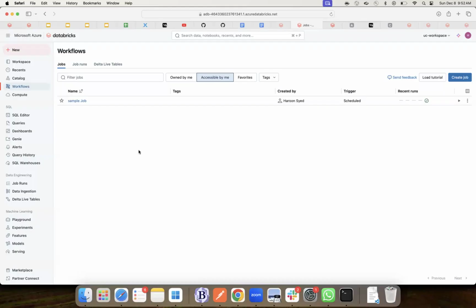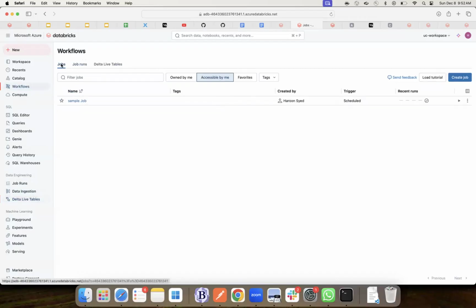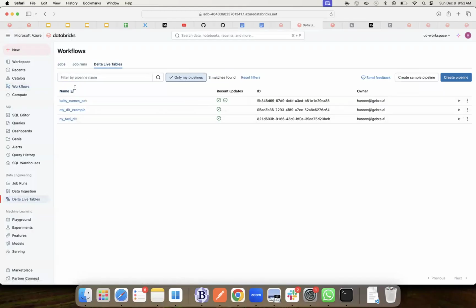Okay. So this is the workflows. When you look at Delta Live Tables again, these are also basically the same workflows. You see here jobs. This is a workflow, and a Delta Live Table, when you create it, is itself a workflow. It is automatically